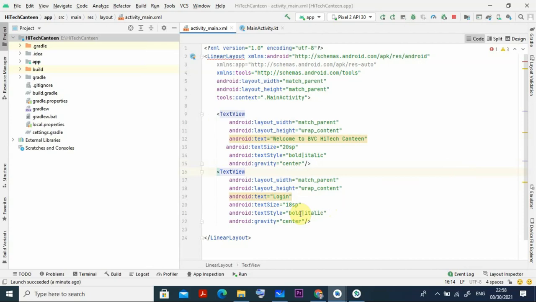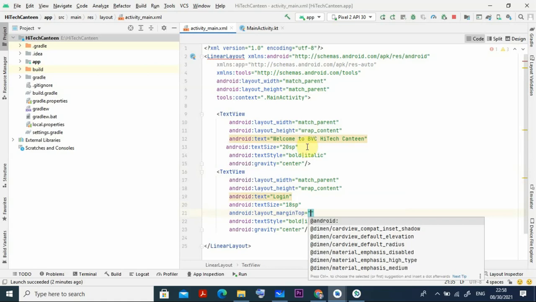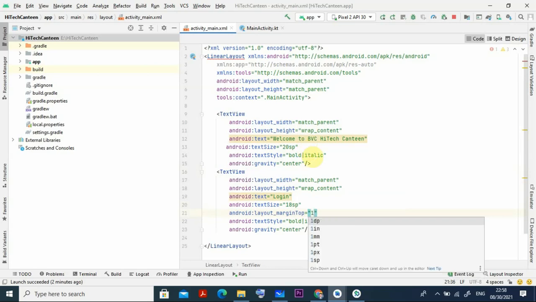Margin top we have to give here, margin top is equal to 16 dp, that is the only thing we forgot, that's why it is showing. Okay, so after this size, yeah, you provide a margin top. Under the layout margin top, you have to provide some 16 dp. You see, this type of things you have to give dp, and when it is text you have to provide sp. Okay, so now it is saved.